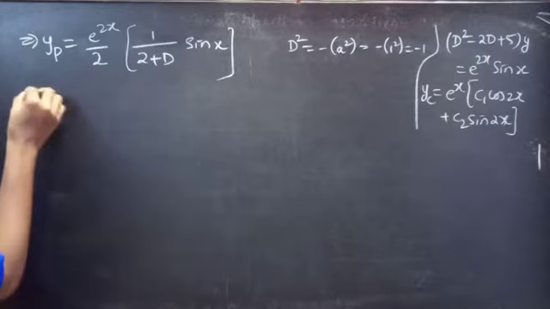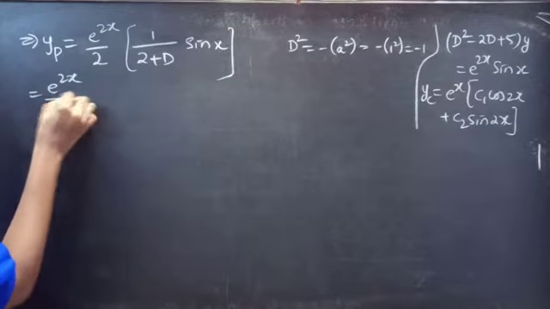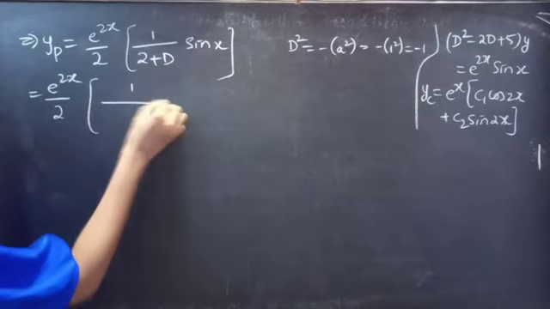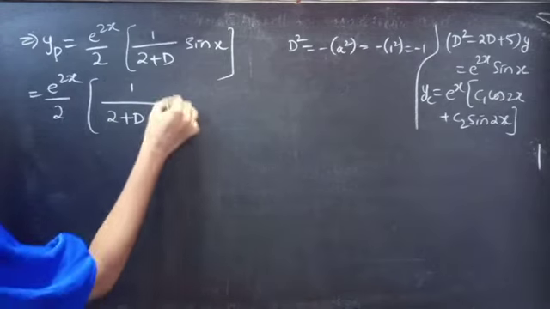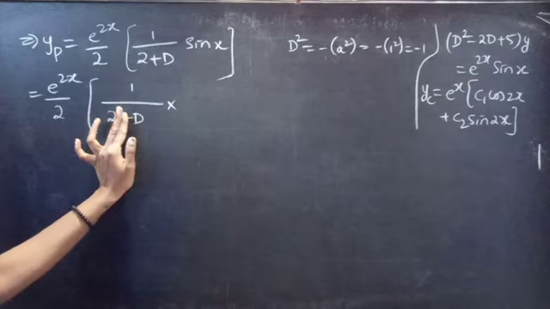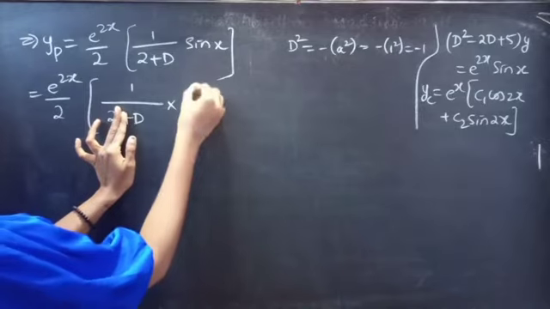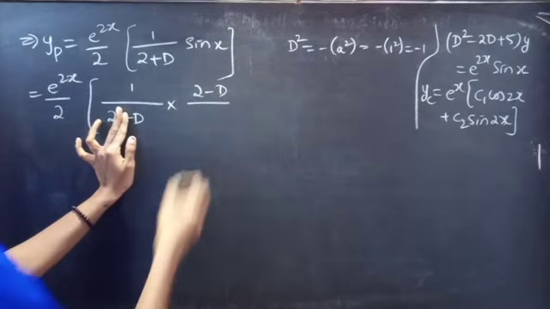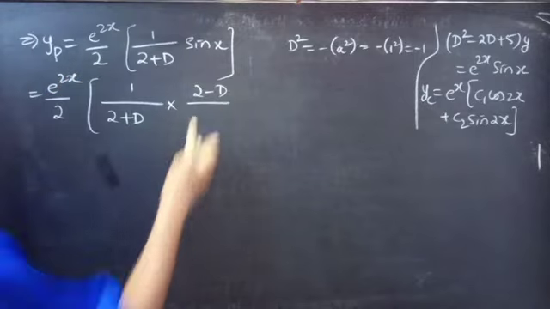y_p equals e^(2x)/2 into 1/(2+D). Here, if you notice, in the denominator you are having 2 plus D. Just change the sign, plus to minus, then we'll get 2 minus D, right? Now multiply and divide the fraction with 2 minus D